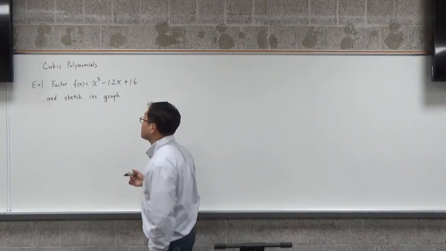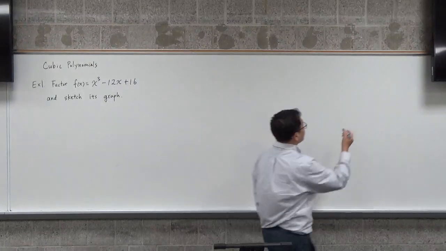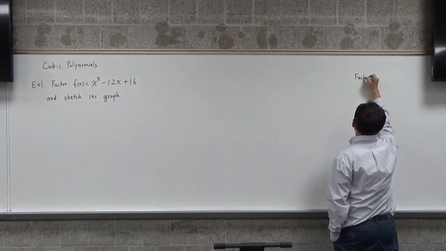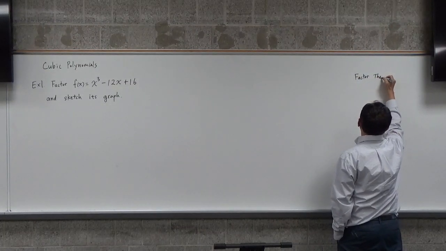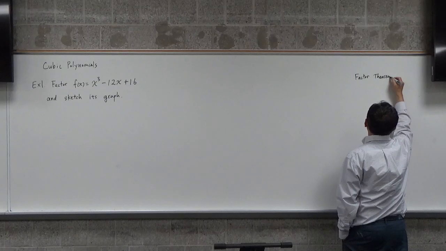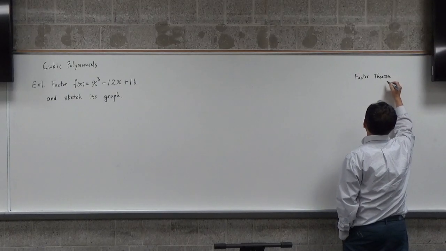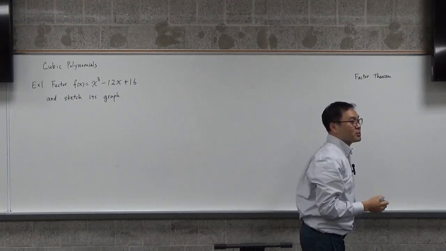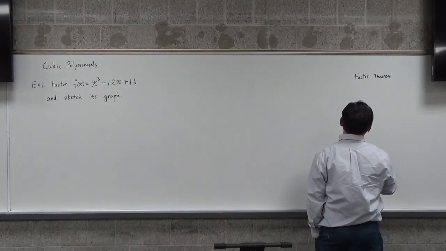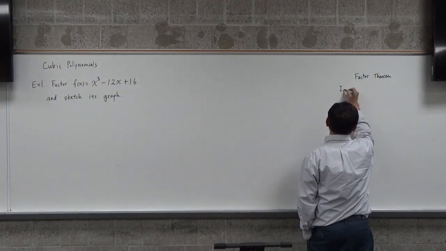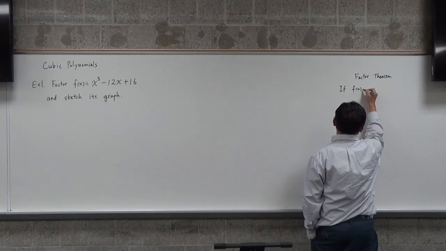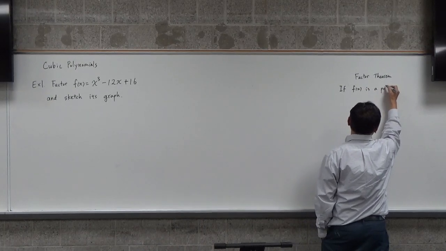I discussed this yesterday, right? What's the factor theorem? I might ask. If multiple things multiplied together equals 0, one of them has to be 0. Oh, no, that's the factor property. Yeah, okay. The factor theorem is that if f of x is a polynomial,